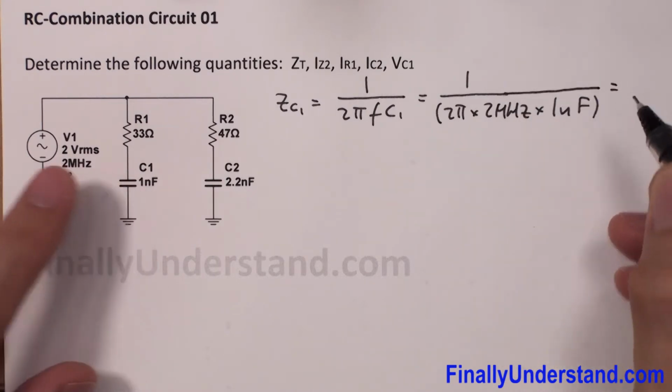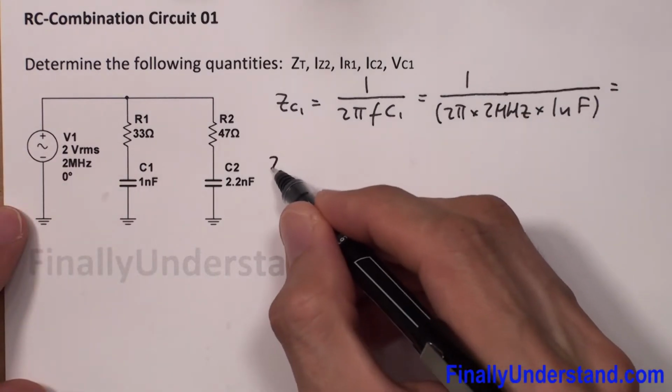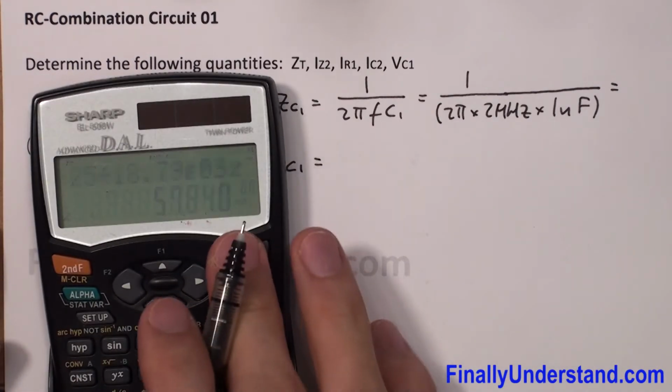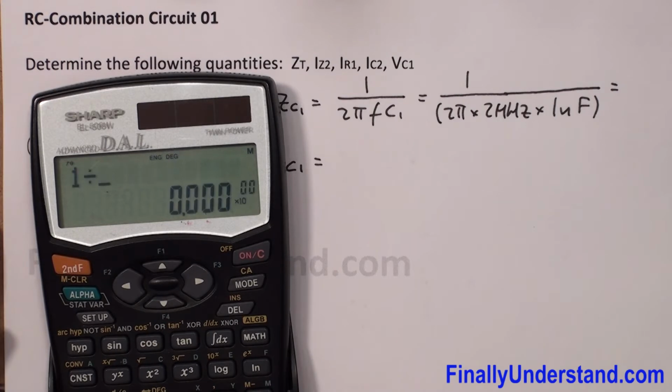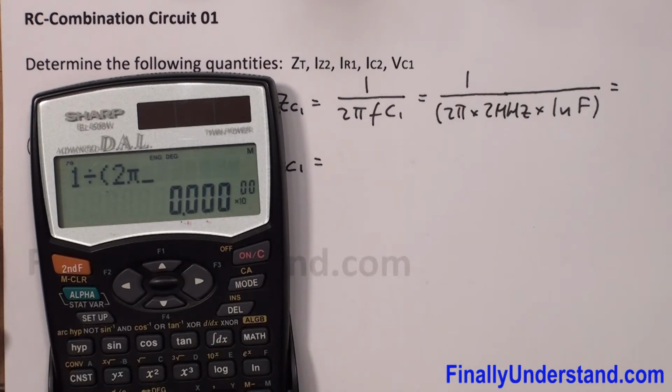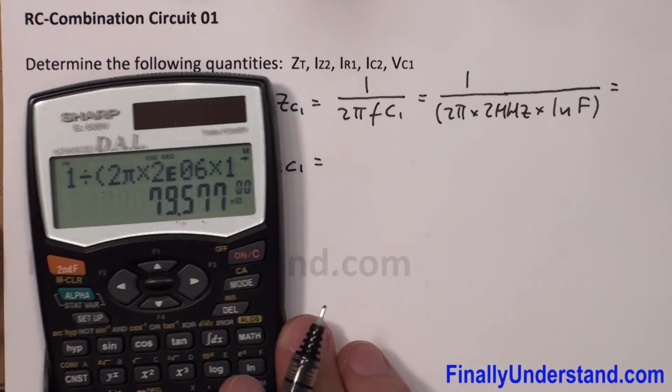So I can write that Z C1 is equal to 1 divided by, open parenthesis, 2 pi times 2 exponent 6 times 1 exponent negative 9, close parenthesis. This is equal